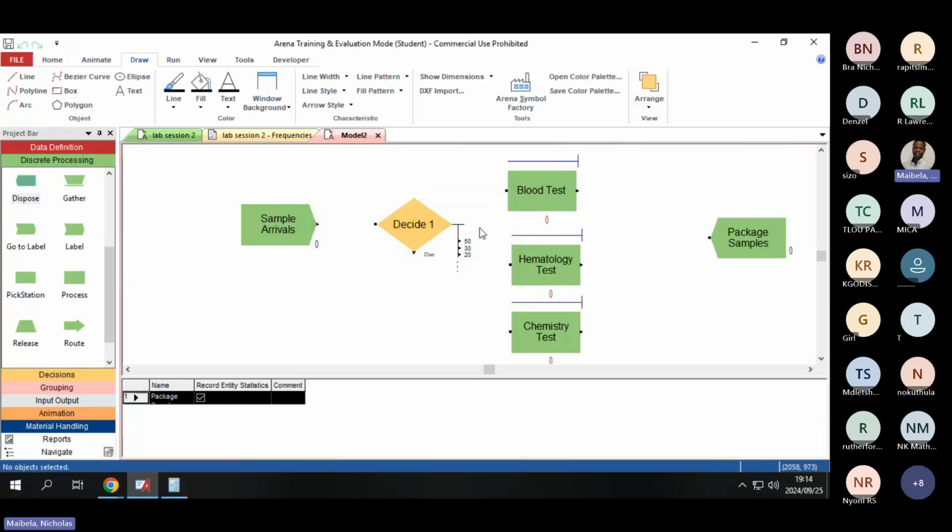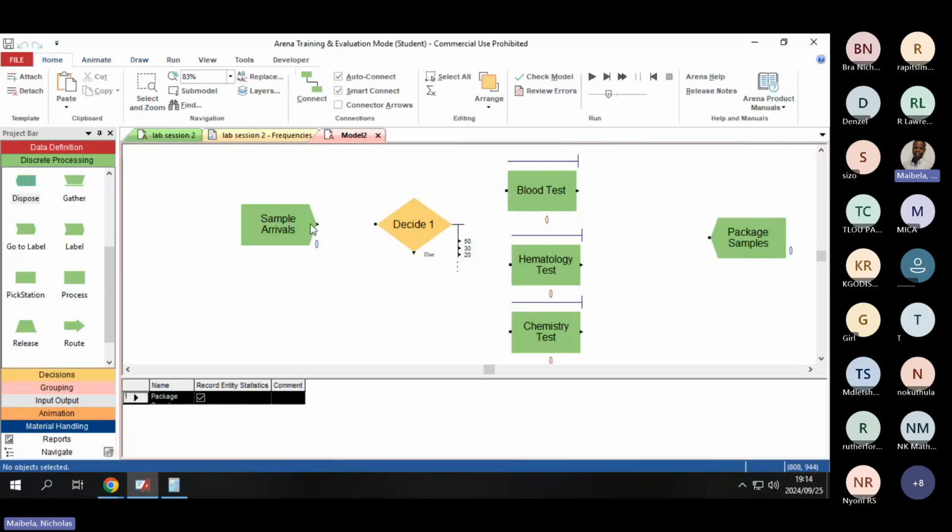Right, now let's connect our modules. So how do you do that? Oh, you know how to connect. So we're going to connect our modules. Sample arrivals to decide one, and then